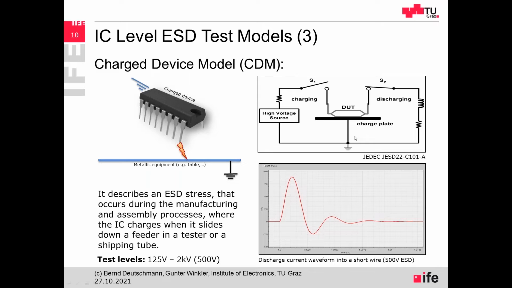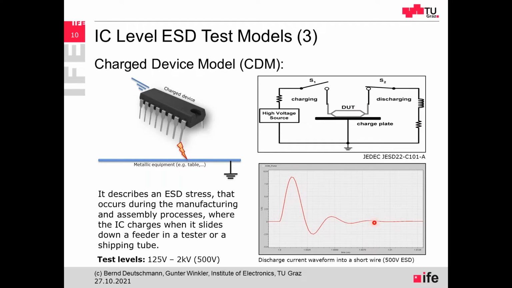The procedure how this IC is tested is usually done like this. So we have the IC, the device on a test, placed on a charge plate. So for example, the pins of the IC are facing upwards. And then we can charge one of the pins by a high voltage source by closing the switch S1. And we're opening the switch S1, so there is some charge accumulated within the device on a test. And then we can close the switch S2 to discharge on another pin this device on a test here in this loop here. The typical discharge waveform looks like this.